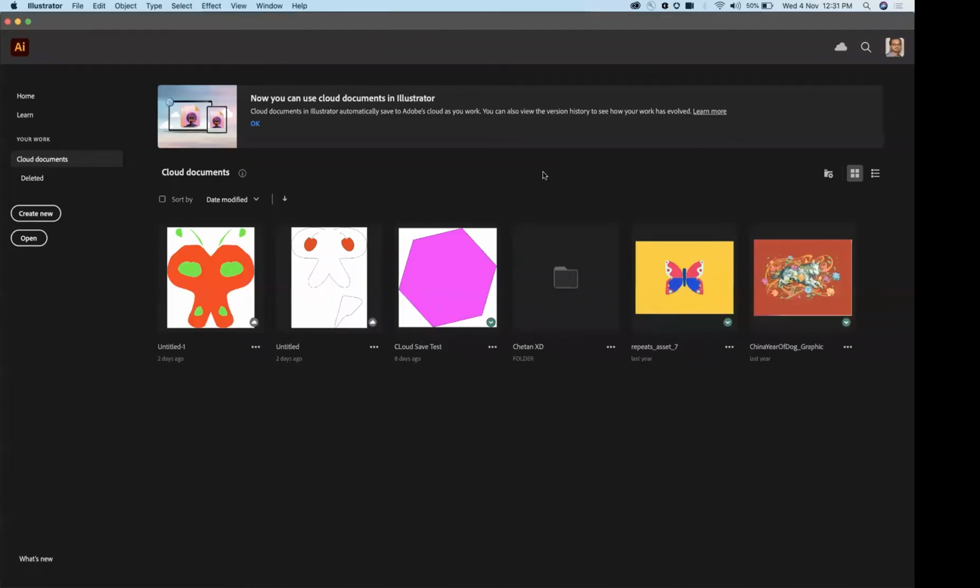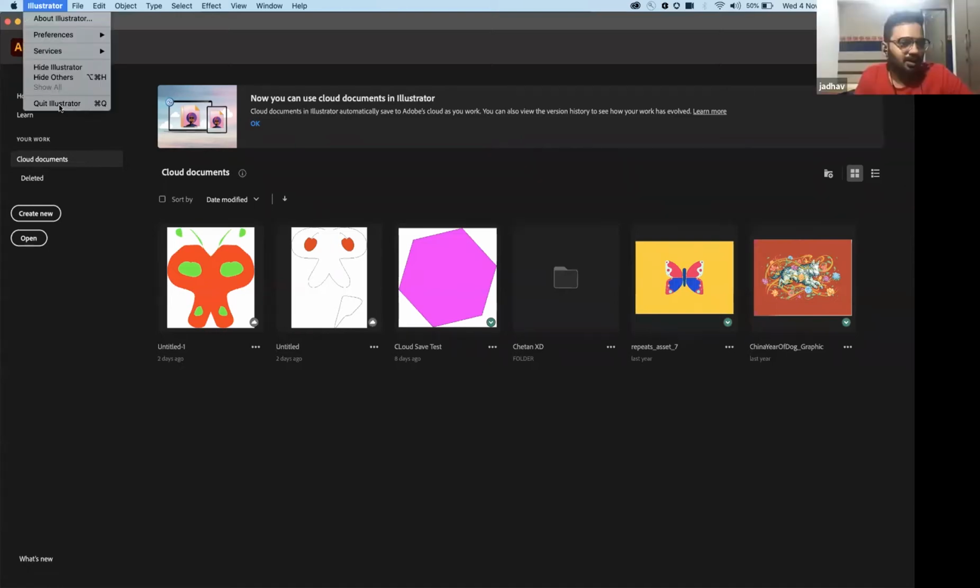Let's say what the sir is trying to say is that there are 5 files. If I get all the 5 artboards into a single file and then do a global edit, then it would work. Yes, it would work. For that, you have to import all the artwork into the single file.